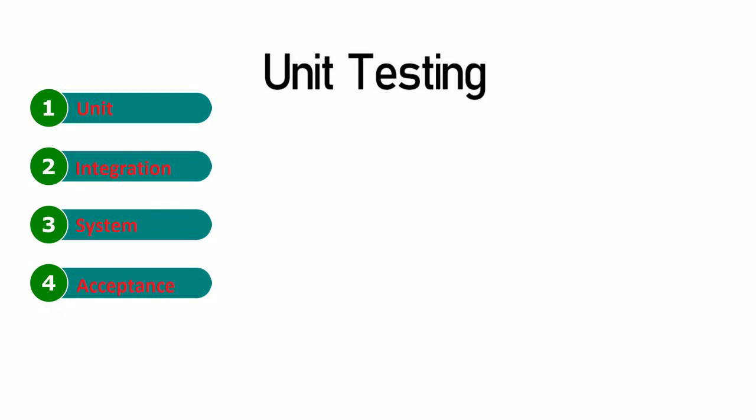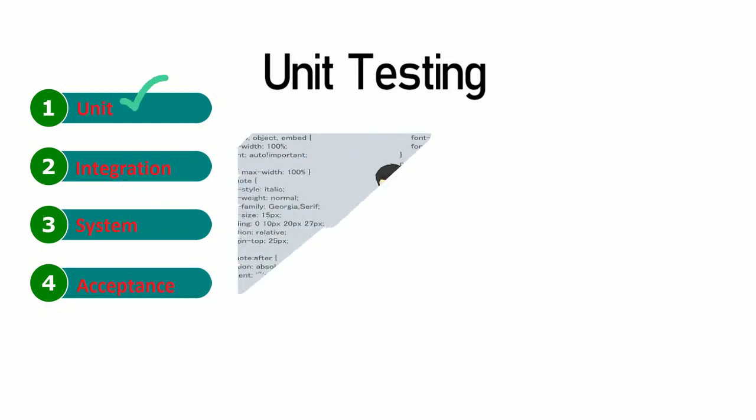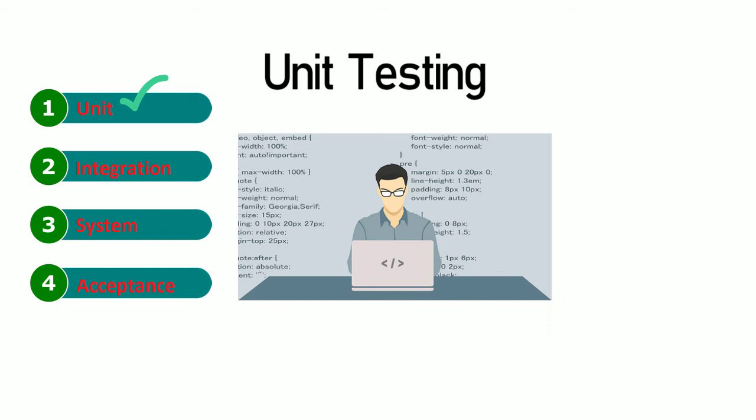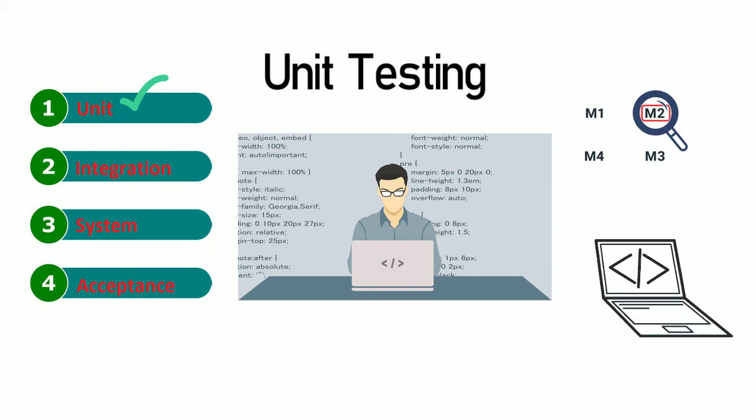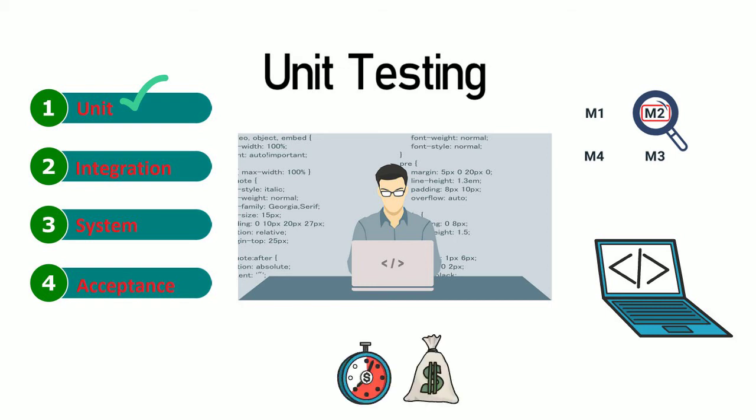Let's start with unit testing. Unit testing is the first level of testing, usually performed by the developers. In case of unit testing, a module or component is tested in isolation. So basically, the developers will write a test script that will test a particular method of the application. The advantage of unit testing is that errors can be detected at an early stage, saving time and money to fix them. And its limitation is that integration issues are not detected in this stage. So, a module may work perfectly in isolation but can have issues while interacting with other modules.